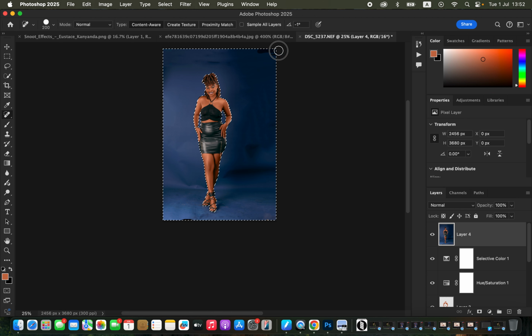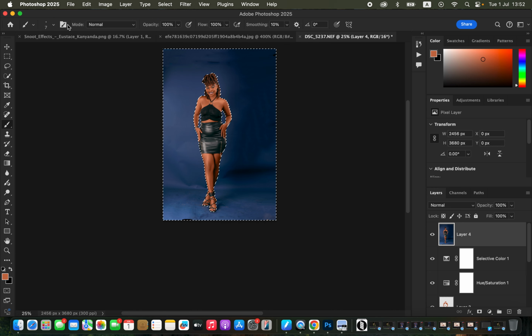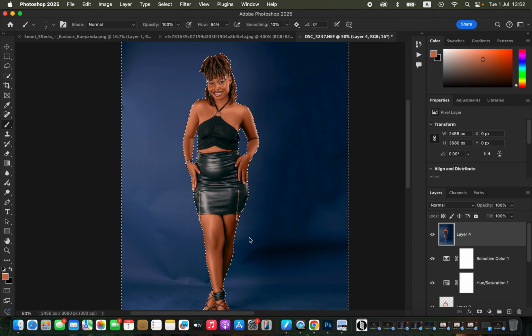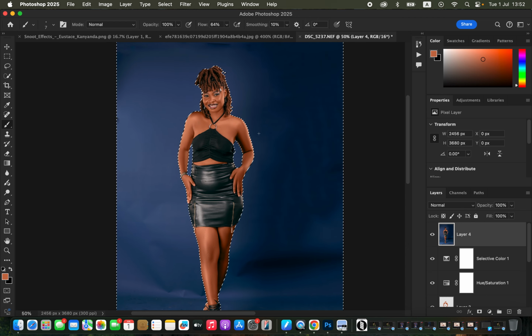In order to make the background look seamless and look better, we are simply going to first of all get the brush tool and make sure it is a soft round brush and make sure the mode is set to normal, opacity at 100%, flow at about 64%. Then we just want to sample color on the background and remove or create a seamless color for our studio